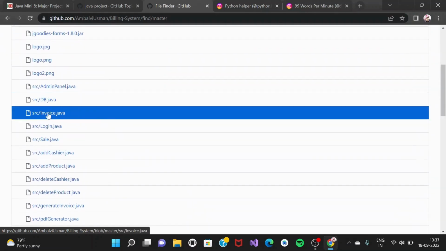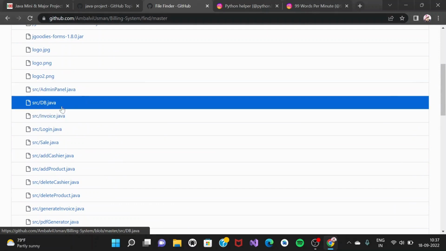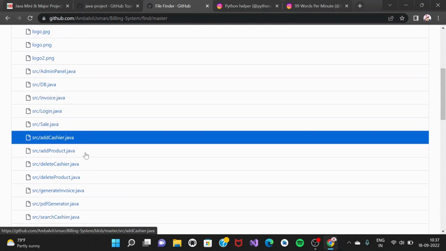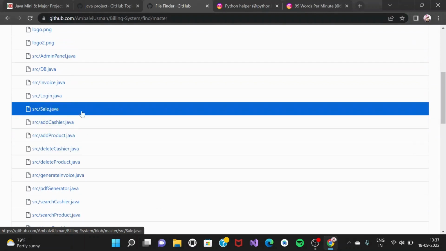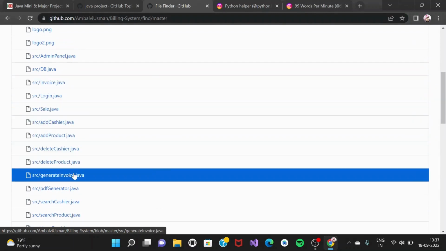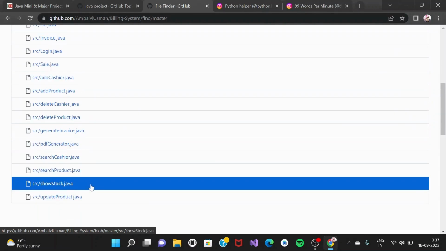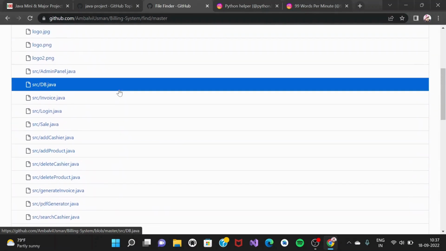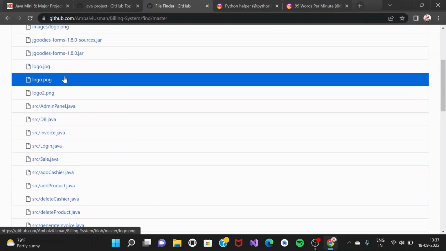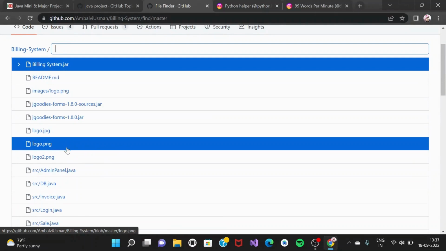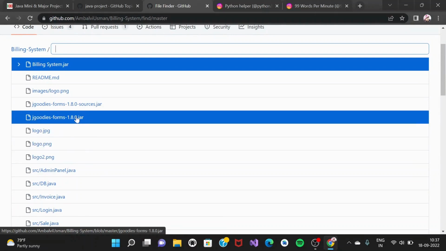So he has an admin page. He has a DB, invoice, login page, sell page, cashier, product, all with the .java extensions you are seeing. These are your file names, the main files on which you will be working. And PNG, JPEG, all the images you have used for your project, and these are the jar